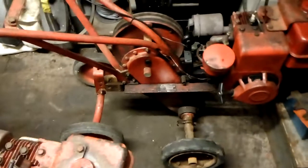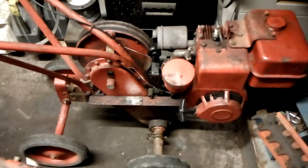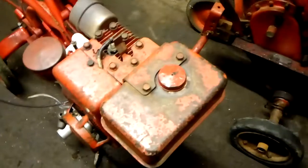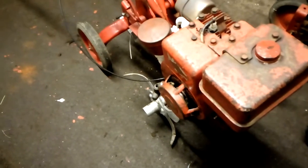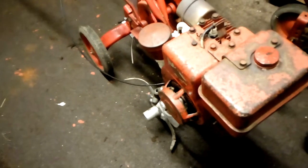Right, onto these two Rotavators, Merrt Wolseley. They say let it run out of petrol, so I did. Now they won't start. Put some petrol in, they won't start. I started this one the other day, and I thought it was going fine, but then when I started it up, it was popping and banging. I thought, what is going on here? Same problem. When you let them run out of petrol, and I even put